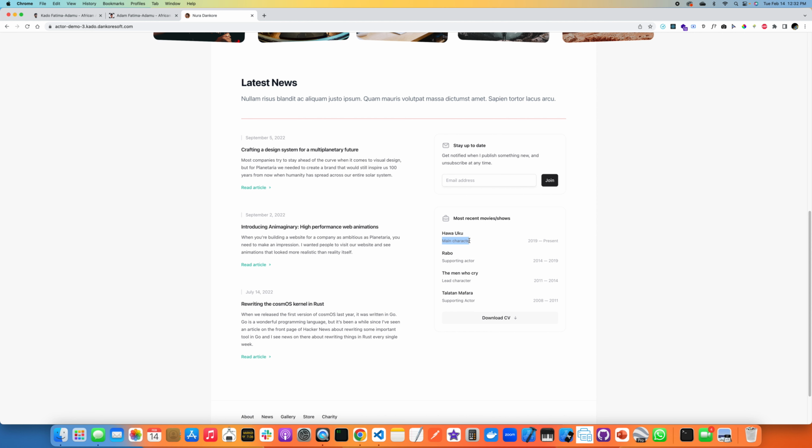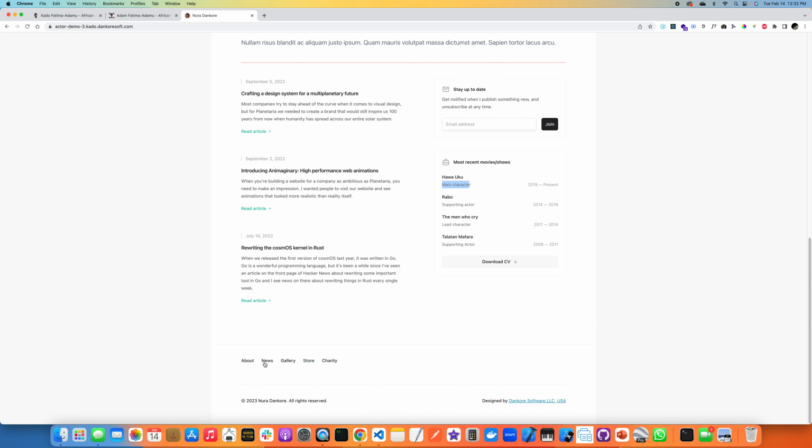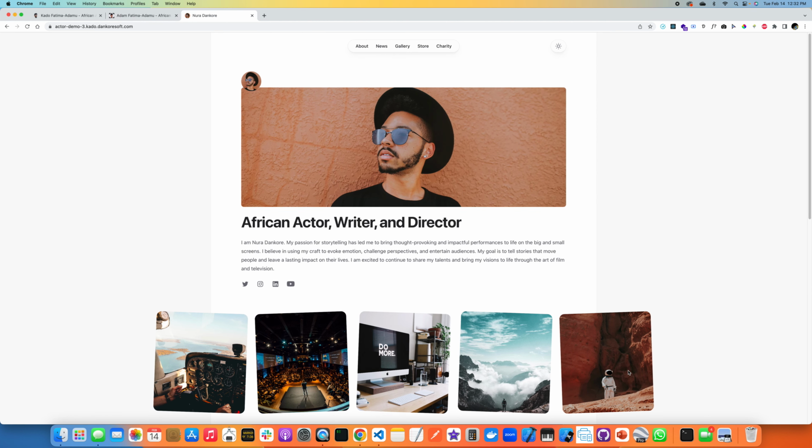Is it the main character, supporting, etc. And then right below we have another navigation. You can navigate easily to any of the pages that you have. And then it has your name here, and then the name of my agency. All right, that is the home page.